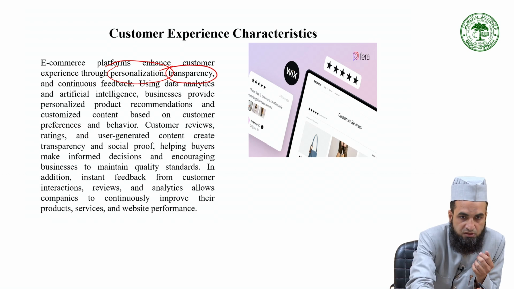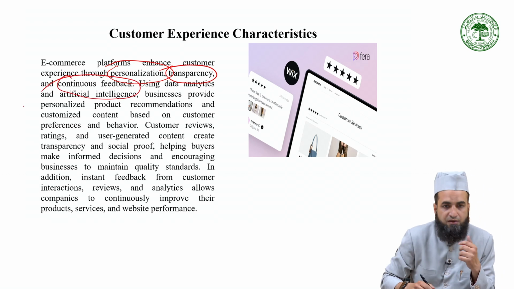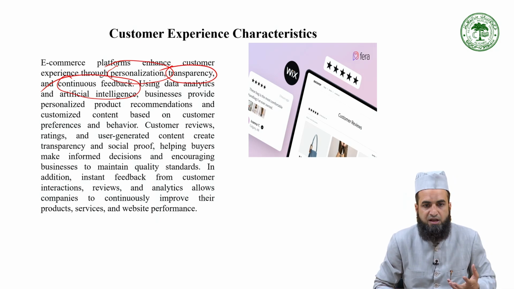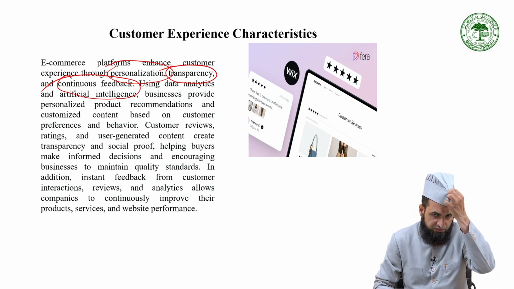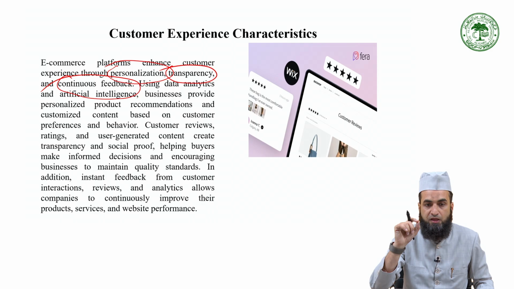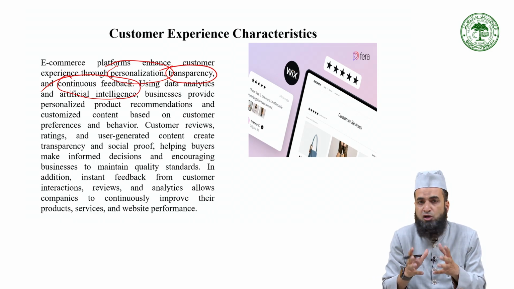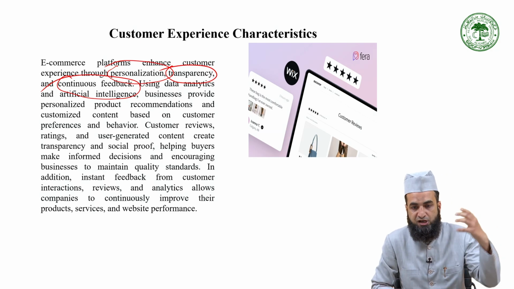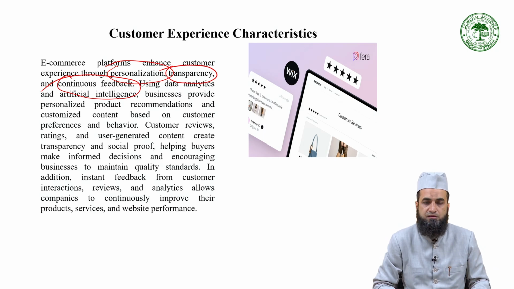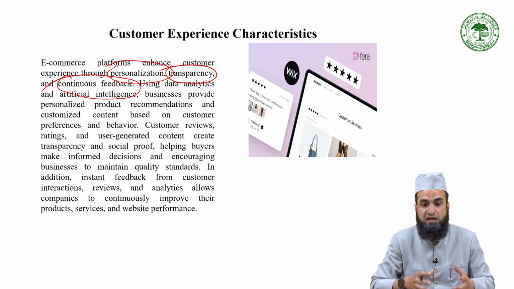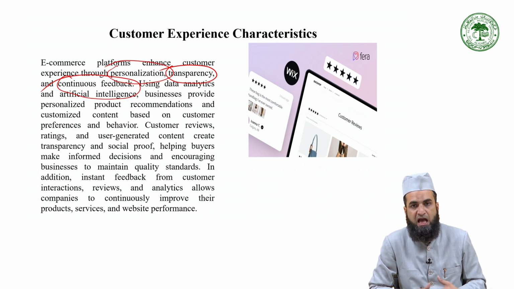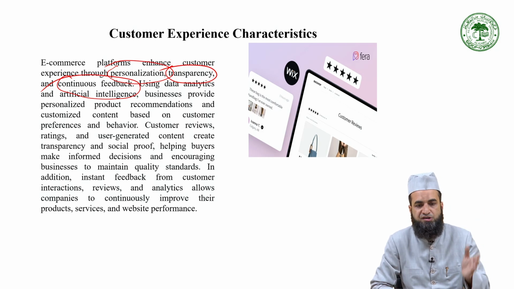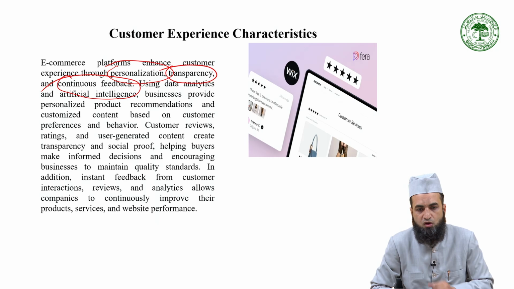And let's talk about the instant and continuous feedback. So, e-commerce platforms generate immediate feedback through customer interactions, reviews, click through rates, CTRs, and conversion metrics. This enables rapid iteration and continuous improvement. A/B testing of website designs, product pages, and checkout processes reveals optimization opportunities. Customer feedback directly influences product development and feature prioritization. This culture of continuous improvement is a distinctive operational characteristic of successful e-commerce businesses.